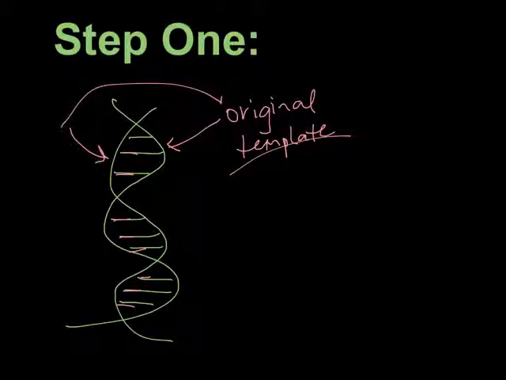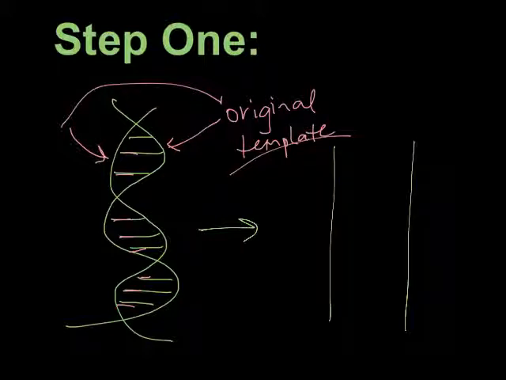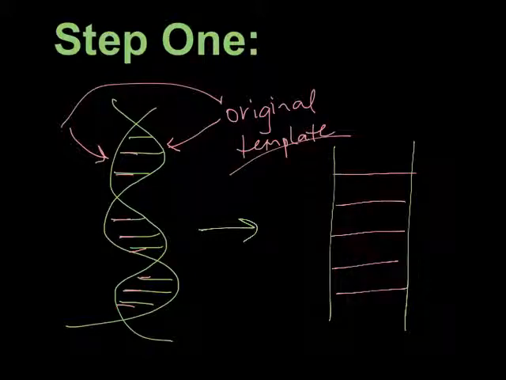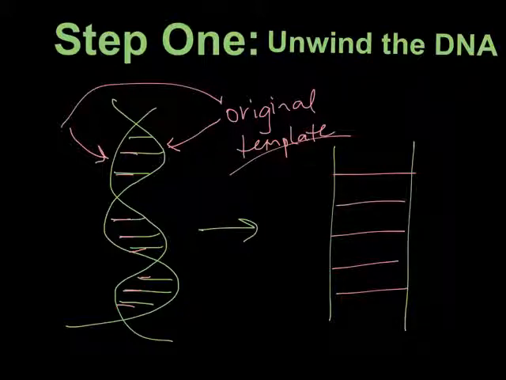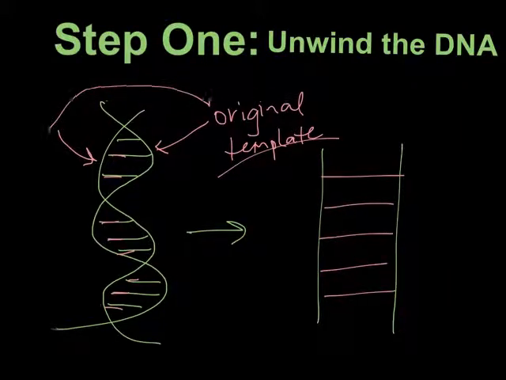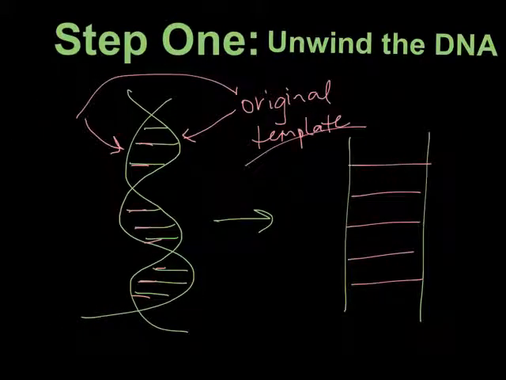So the first step of DNA replication is going to be to unwind the DNA double helix. So we're going to make it into regular ladder form. So step one is to unwind the DNA. There's a molecule that does that for us. So an actual molecule will come in here and will swoop in, much like my little lightsaber here. Oop, no, just one of them. And what it's going to do is it's going to take the DNA and it's going to go